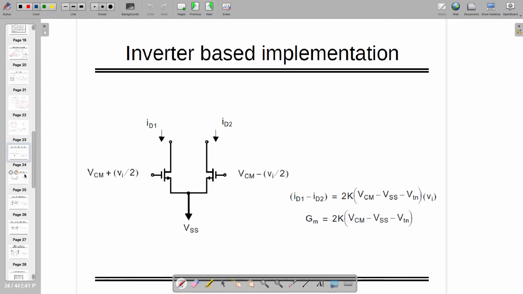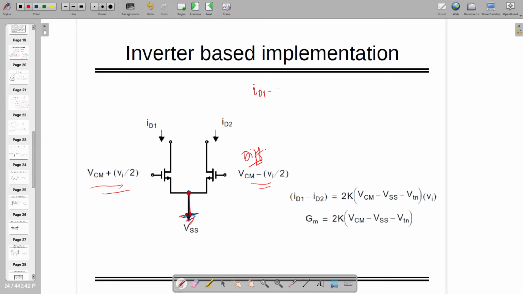So now what I'm doing, I'm adding something here with the ground. Earlier they were not connected with each other, but now they are connected with each other by ground. Source is connected to ground, and on one side you are giving VCM plus Vi by 2 and on the other VCM minus Vi by 2. This is the differential signal, right? If you are doing so,